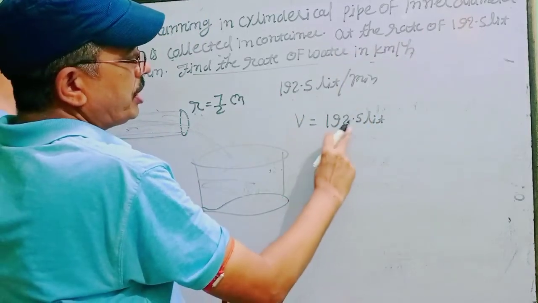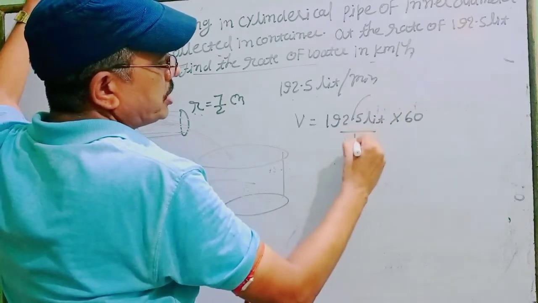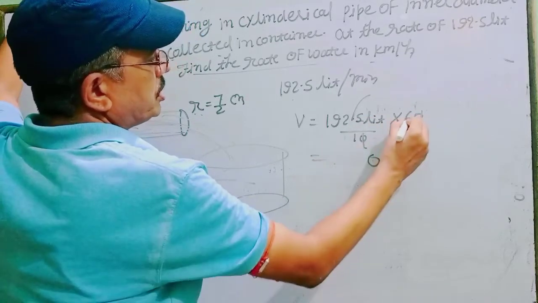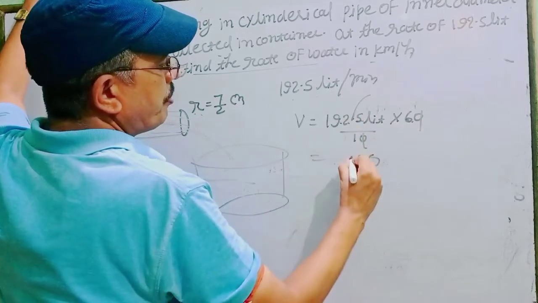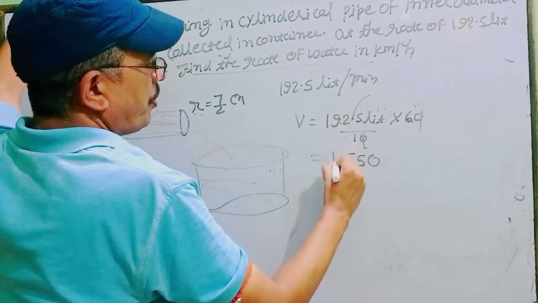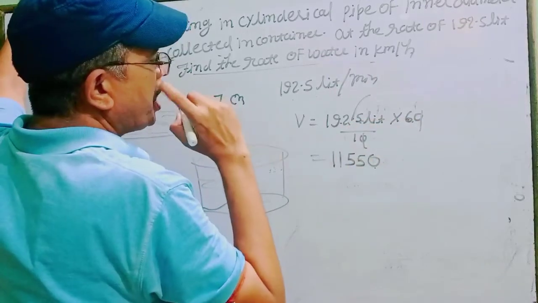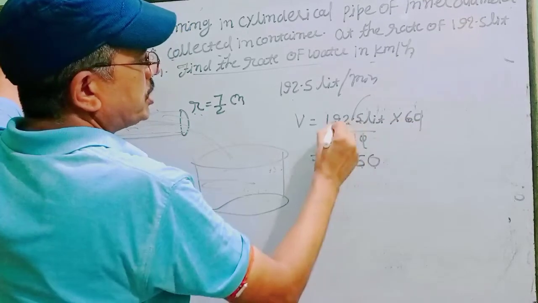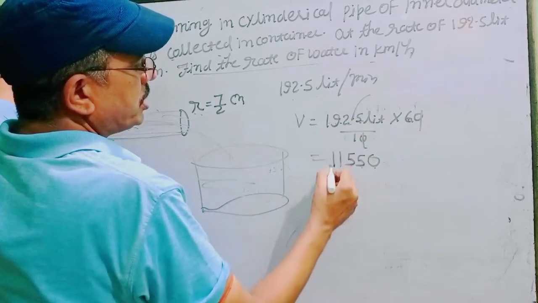But your question is per hour. So in 1 minute this many liters, so for an hour you multiply by 60, this point is cancelled by 10. Then 6 5s are 30, 6 2s are 12, and 3 is 15, 6 9s are 54, 1 is 55, and 6 5s are 11. Now multiply 1 time again. 6 5s are 30, 0, carry 3, 6 2s are 12, 3 is 15, carry 1, 6 9s are 54, 1 is 55, carry 5, 6 1s are 6, and 5 is 11.